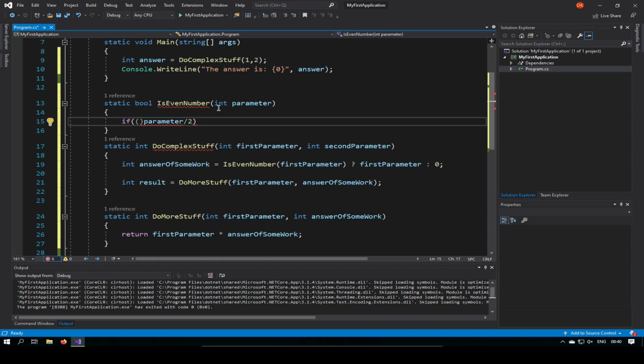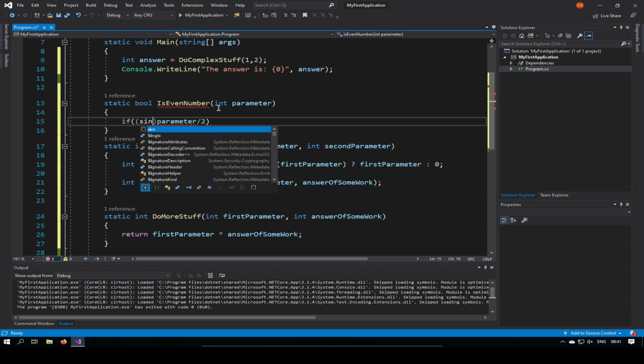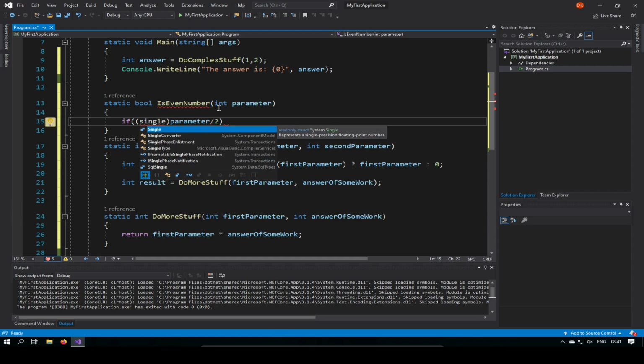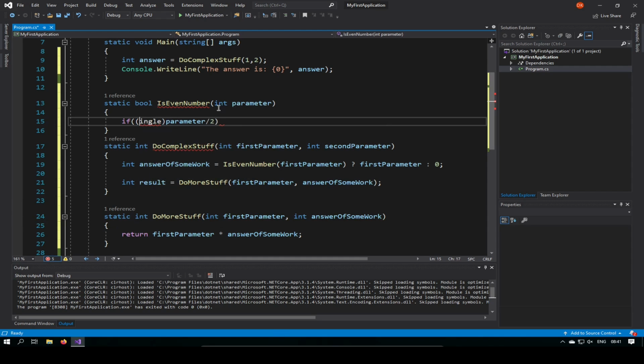We want to know if the remainder is 0. So we have to convert it to a decimal number, or what we call cast to a decimal number. I'm just going to cast it to, let's say, a Single, capital S, Single. So if the value of the parameter, which was, let's say, 3, is cast to a Single, it changes to 3.0. It's now no longer an integer but a floating point number, a Single,